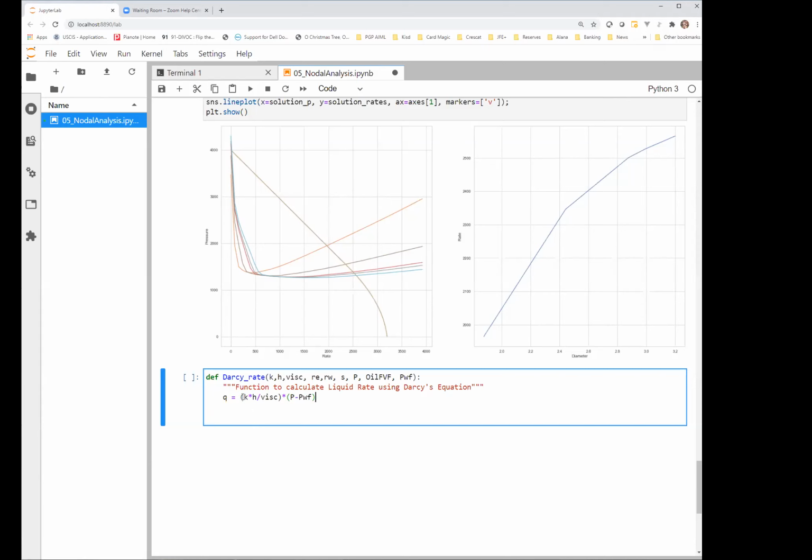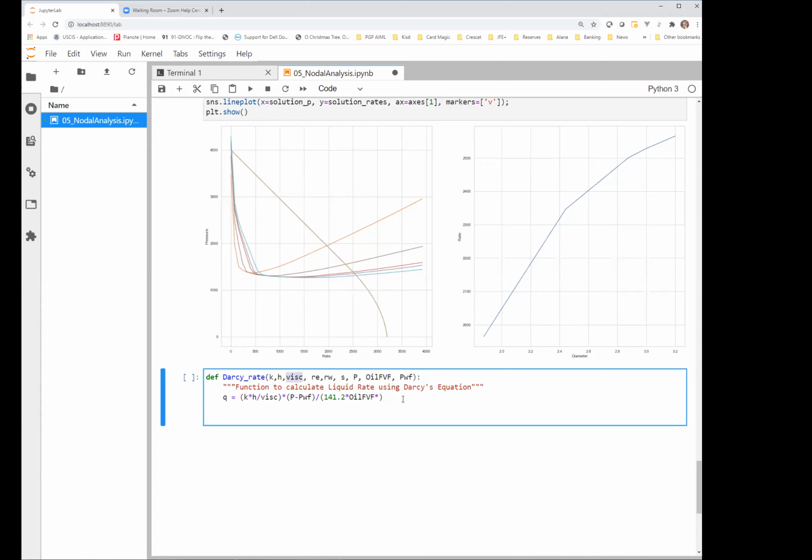Everything divided by parentheses 1.2 times oil formation volume factor, times